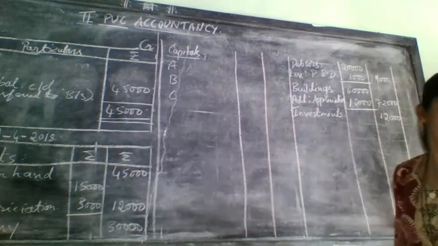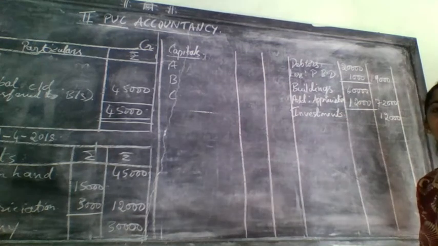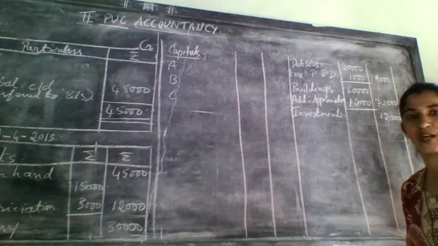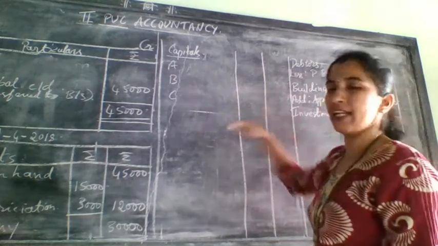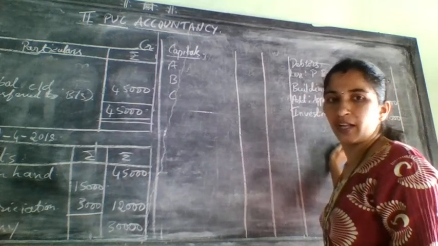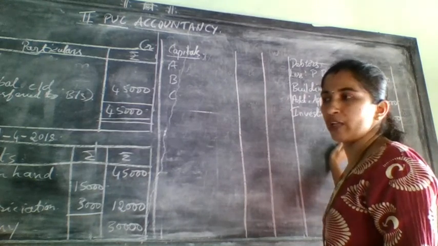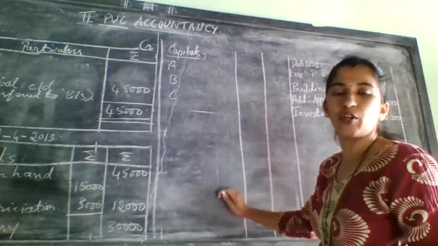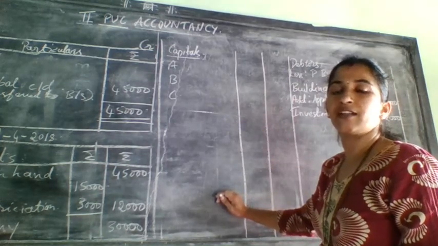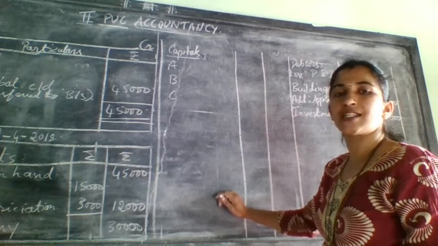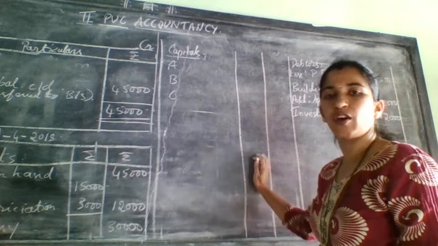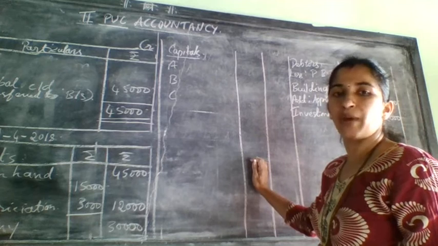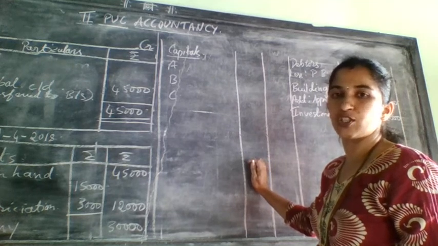Which amount you will write? Whether you will write that 60,000 and 40,000? No. You can't write that 60,000 and 40,000. Why? Because you have done so many adjustments for partners capital account. Correct? Finally, one amount came. That on the debit side of partners capital account you have written. What you have written? You have written there to balance carried down, and in the bracket, transfer to balance sheet. Correct?